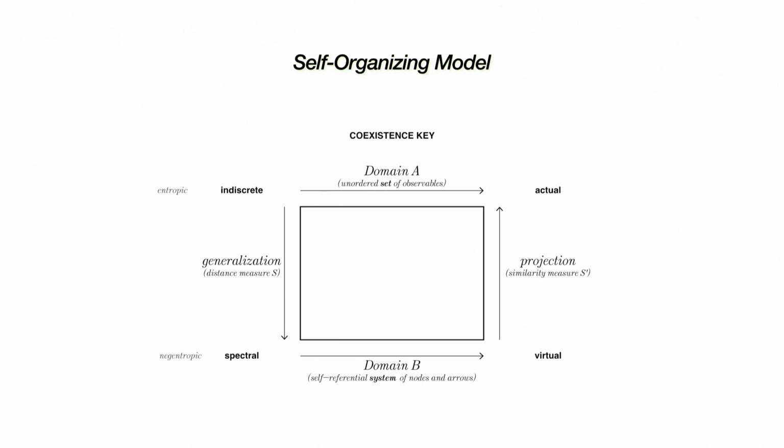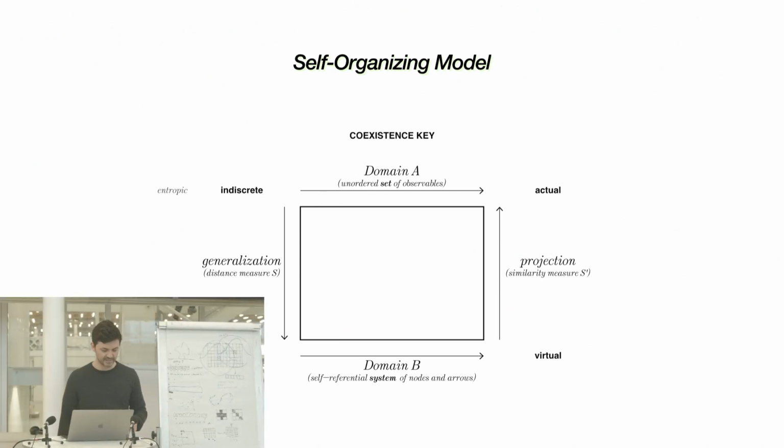Now, how I made this model is that it has 2 domains, A and B. In domain A, we have our data or observables. So we have our data set, which we measured somehow. But of course, this data set has some meaning. Stuff that we observed, stuff we measured, has some meaning. But the meaning is not necessarily in the data. So we do not know what it means. So what we do,